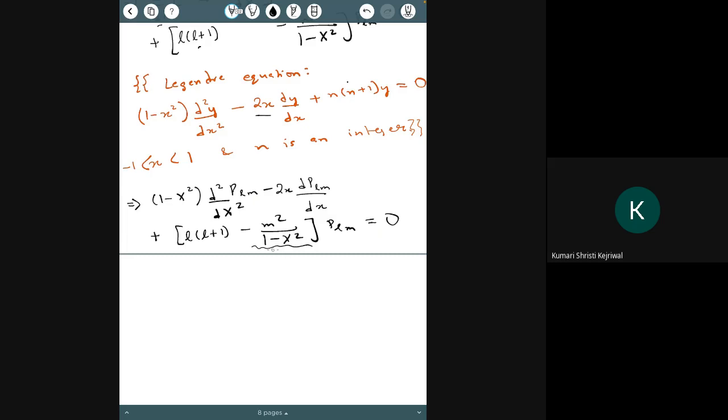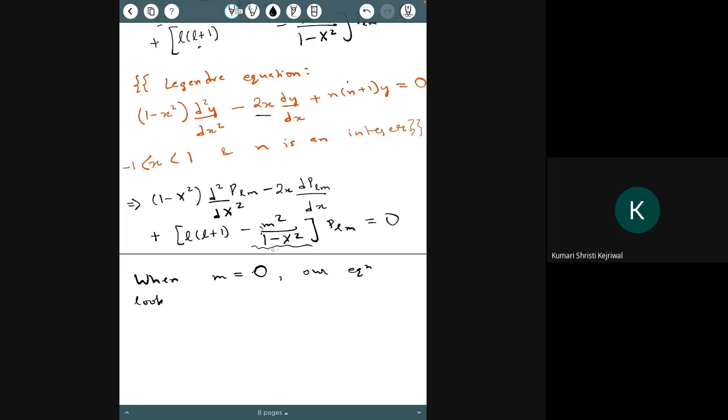So we don't know the solution of the equation when we have the m square term, but we know it when this m square term is missing, is not there. So what we'll do is we will solve it for m equal to 0. This will be part of the solution, but let's go step by step. So when m is equal to 0, our equation